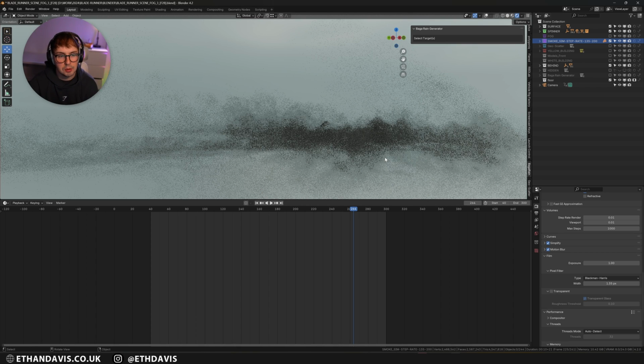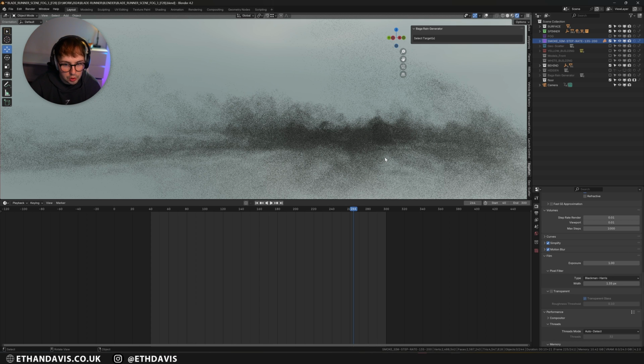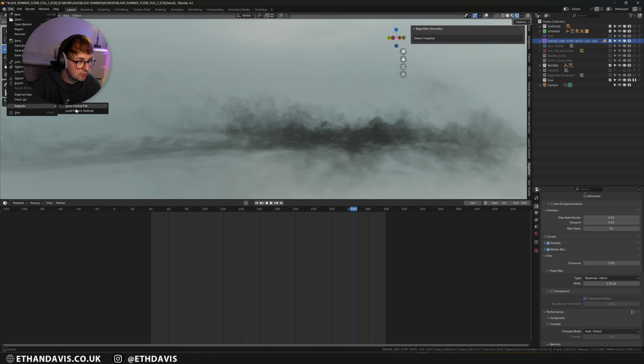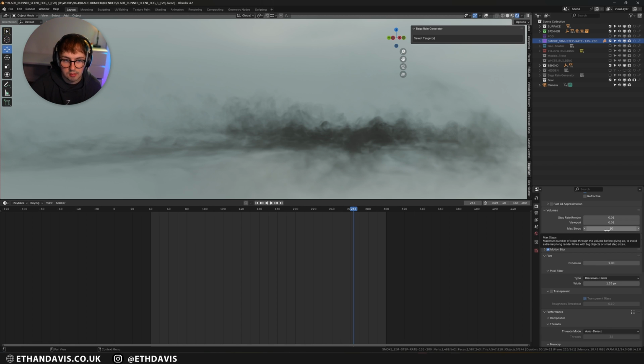So I'm really not sure why Blender uses this as the default, but my recommendation for anybody watching this is to set your volumes to 10 and then set your step rate at 0.01 and set that as your default file. So if you go to File, Default, Save Startup File with this volume thing and done, your scene will perform so much better. And then if you do have like a volume which you're rendering, which you need high quality, just do what I've done here and say what step rate you're going to use, just so you're reminded that you need to increase your volume step rate for the final thing.